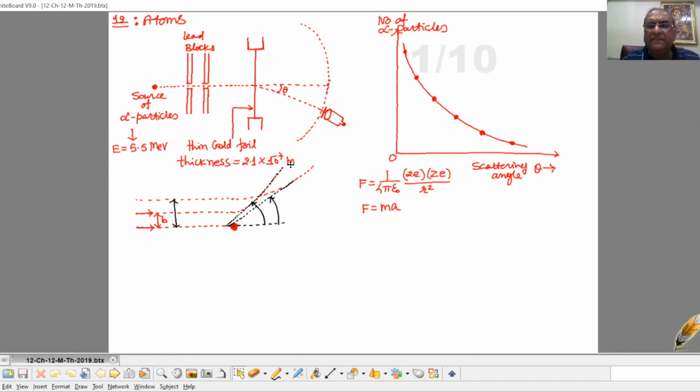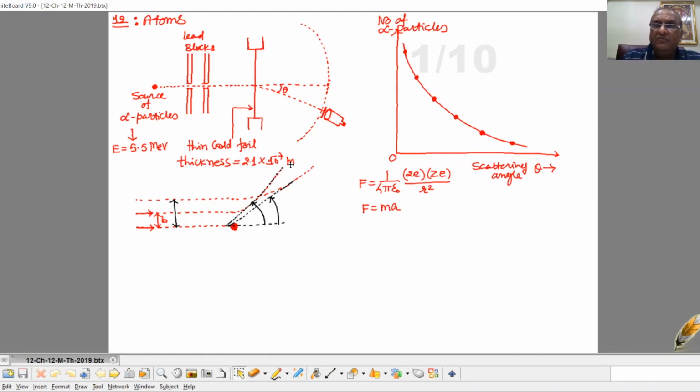Second thing, the atom of gold is approximately 50 times heavier than the alpha particle. Alpha particle is nothing but helium nuclei, right? So during the collision we can consider that the gold atom remains stationary. Okay, now the alpha particle possesses 2e unit positive charge,